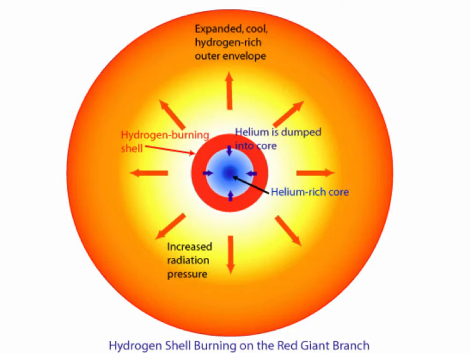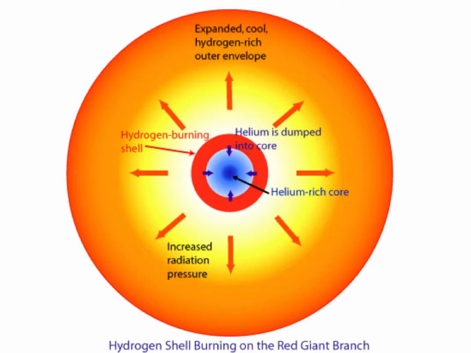The helium does not begin nuclear fusion right away, so we have a core of helium ash. The star swells into a red giant until gravity can contract the core enough to begin helium fusion, and the helium fuses into carbon and oxygen. The star begins to shrink and get hotter again, and now it's doing helium fusion into carbon and oxygen in the core. It's doing hydrogen fusion in a shell outside of that, and it continues this way until it uses